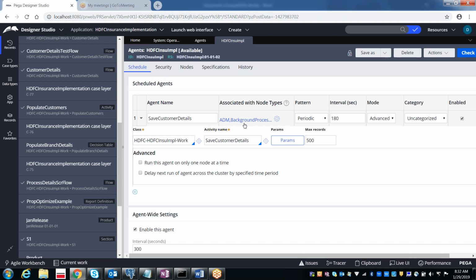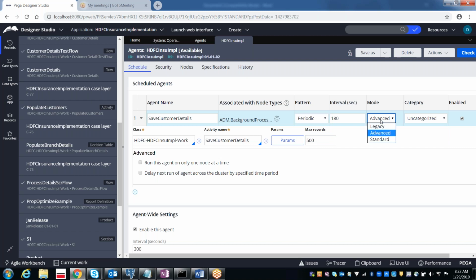If you want to run on multiple servers, like all the Andhra Pradesh servers, all the Telangana servers, then we can select the category of the nodes on which this agent has to run, and we can select whether it is periodic, recurring, or startup. Startup means it runs only when the agent starts, whereas periodic means you can give the seconds after which it has to run. And we also have recurring, which means you can schedule it daily, monthly, yearly, or weekly.